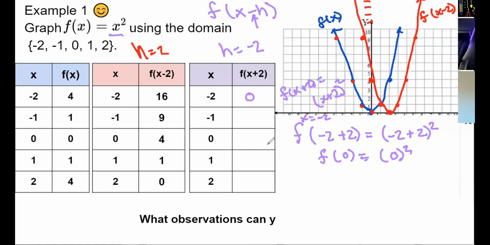Okay, let's go ahead and do the same for negative 1. So x now equals negative 1. So we have f of negative 1 plus 2 equals negative 1 plus 2 squared, because that's our function. Wherever we have that x, we substitute our new f of x, or f of x plus 2. And now negative 1 plus 2 gives me positive 1 squared, which will now give you